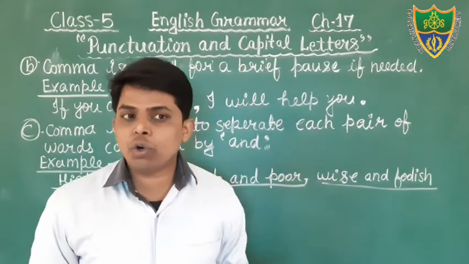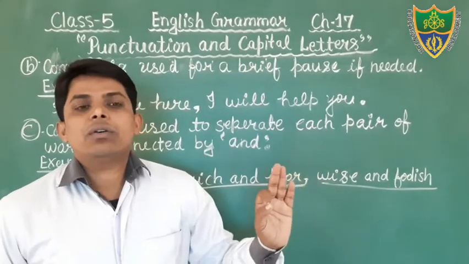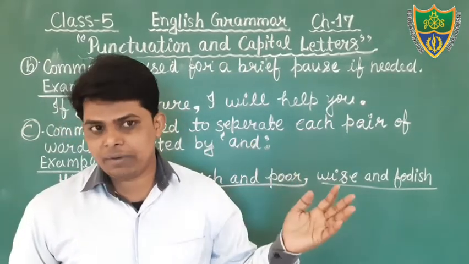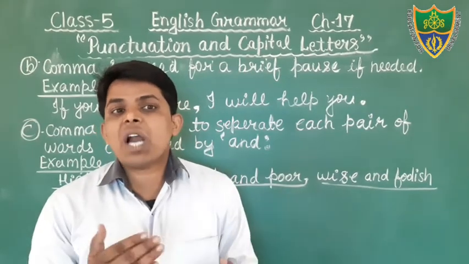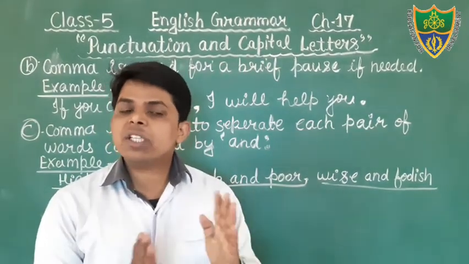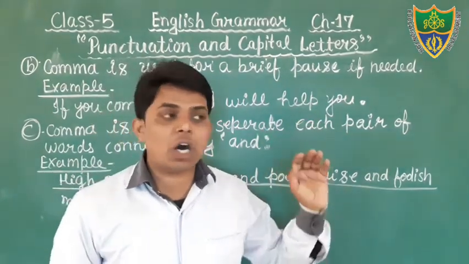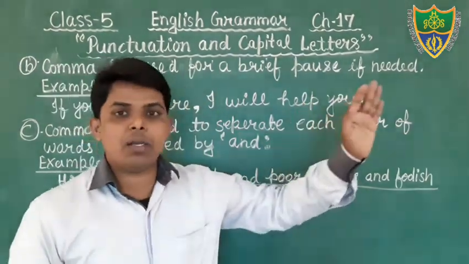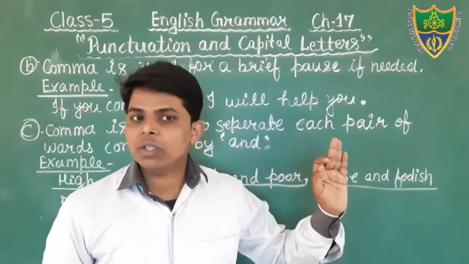And I have also told you that we use full stop to indicate abbreviation. For example, abbreviation is short form. For example, Master of Arts. What would be the short form of that? MA. When we write MA, we put the dot between M and A. M dot A dot. Okay.